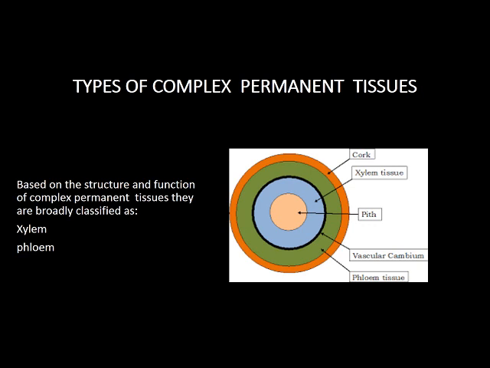Now what is vascular cambium? I hope you remember meristematic tissue are of three types. One is intercalary meristematic tissue, which is also known as vascular cambium. So this is how the arrangement of xylem and phloem is there. Inside the vascular cambium is the xylem, and outside the vascular cambium is the phloem. Cork are the dead cells, about which we'll study in our next topic.